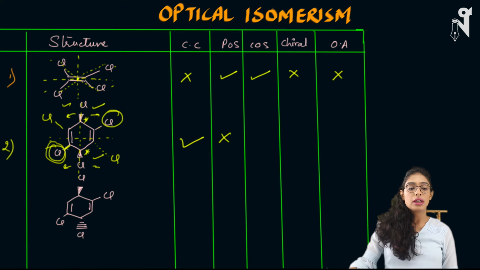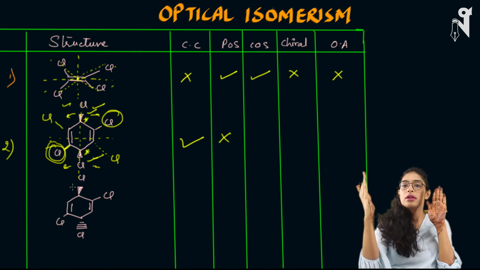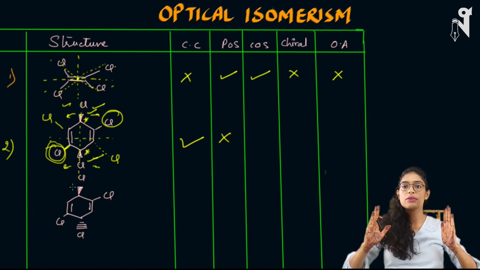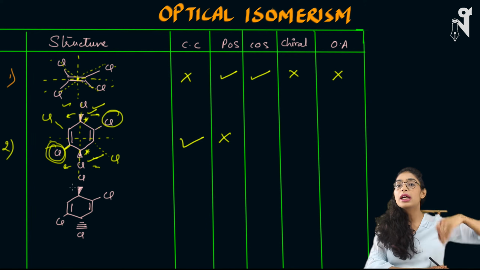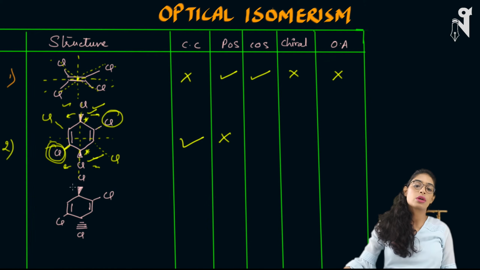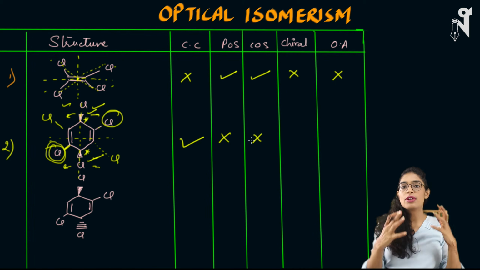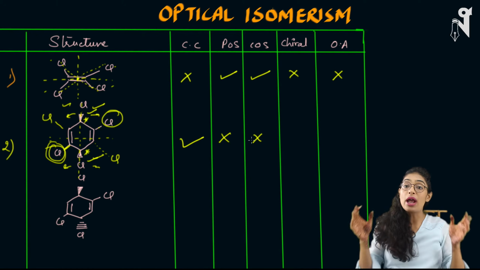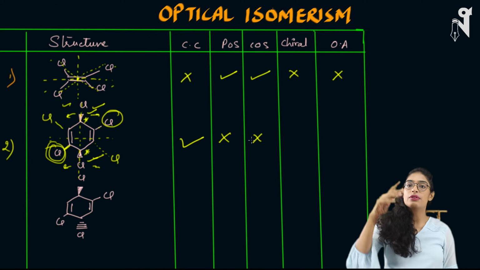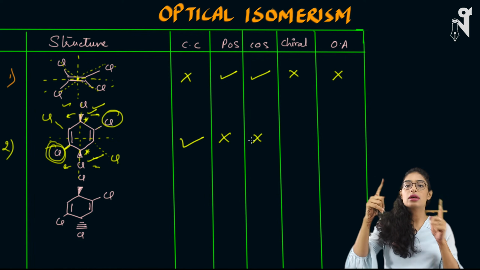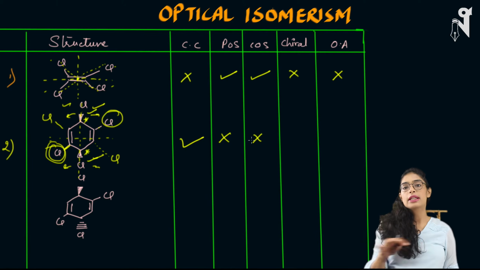In exactly the same way, both the chlorines which are opposite to each other are wedge chlorines. Basically both are towards the viewer. So if you pass a line through one chlorine and go to the next side, you're not getting any other chlorine in the opposite direction. So no COS. I just told you to check wedge and dash structures whenever you get such a COS question. You don't have to check it from all the ways; even if one is not following COS, or even if one is not getting the same group in the equal and opposite direction, then COS is not present.